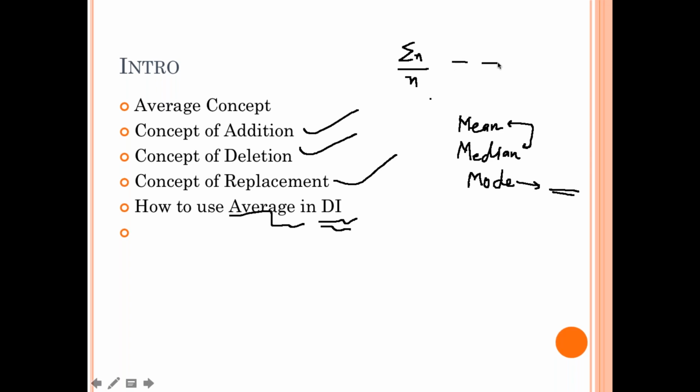See, let us say I have 1, 2, 3, 4, 5 quantities with me. 5 quantities with me. So if I sum them all and divide by n, then I will get what we call average, which will be very close to this value. I'm not saying exactly this value will be my average, but it will be very close to this. At the same time, this value is my median. Now statistically, if the gap between the numbers is the same, then my median is going to be my mean and mean is going to be my median.